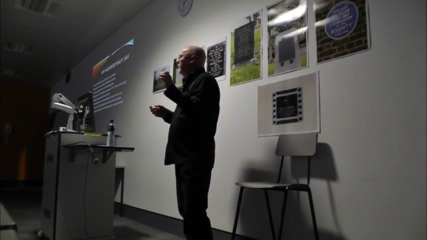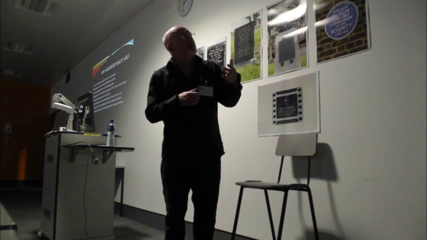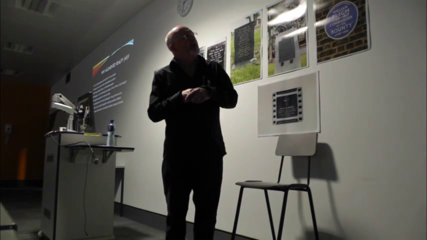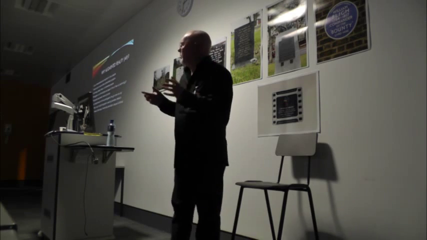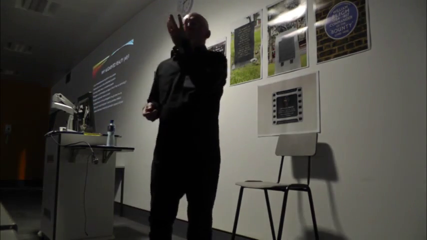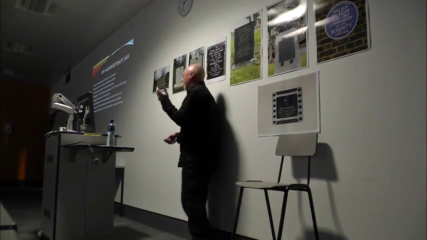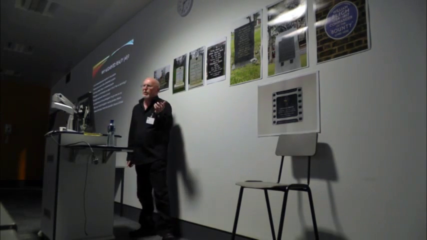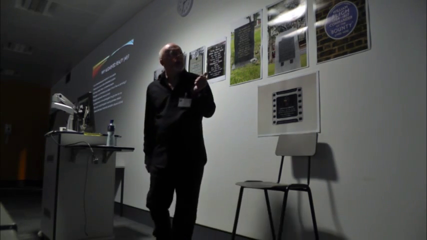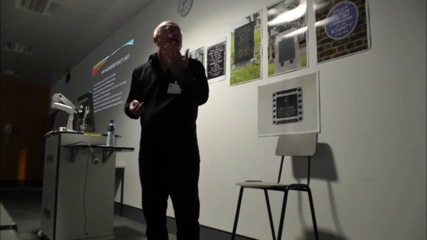A very brief reminder of where this came from for people who didn't see me speak at Durham, so this is why I'm going over a couple of things before going on to new things. We know that actual remembrance is very important to people and how we remember things. Sometimes we've got particular associations, so headstones are a classic one, but sometimes there are other physical objects that remind us of people. Photographs are a great technology for remembering things. Often we don't think of photographs as technology, but they are a technology, okay? And if you see a photograph of someone, it's a fantastic way to remember aspects of those people.